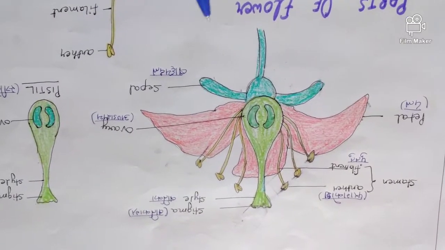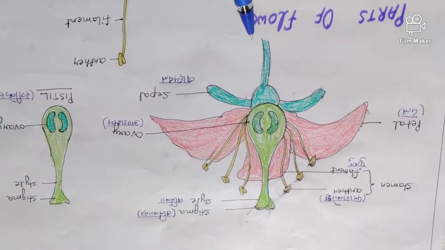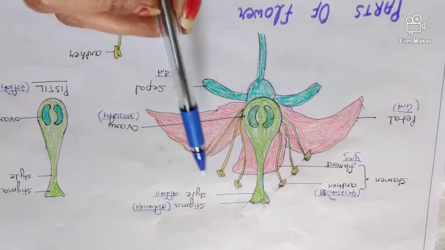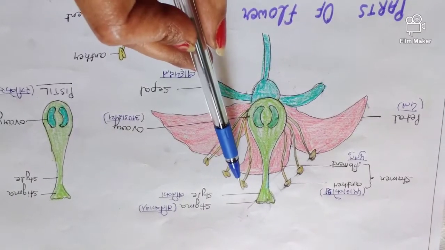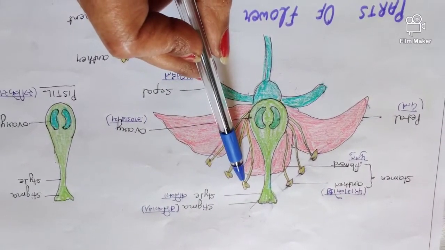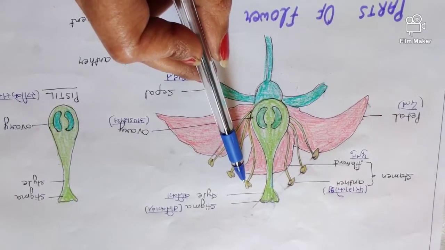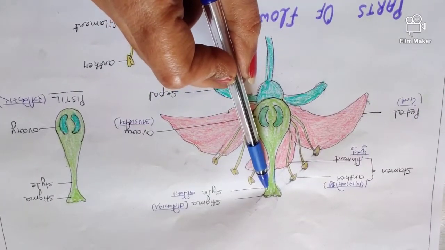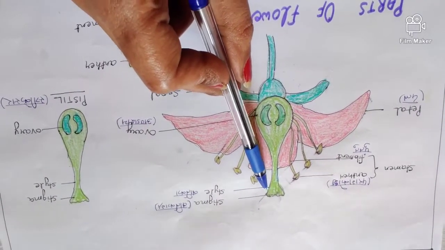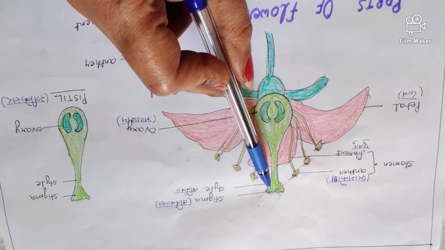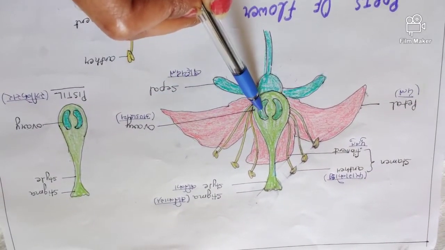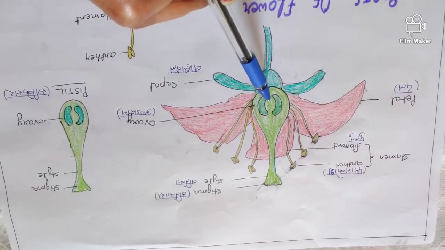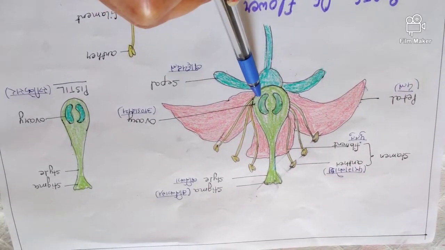As you know, pollination is the transfer of pollen grains from anther to stigma. So in a flower, these are pollen grain containing anthers. These burst and the pollen grains transfer to the stigma of the pistil, and through a pollen tube they reach up to the ovules, and here they are fertilized to make new seeds.